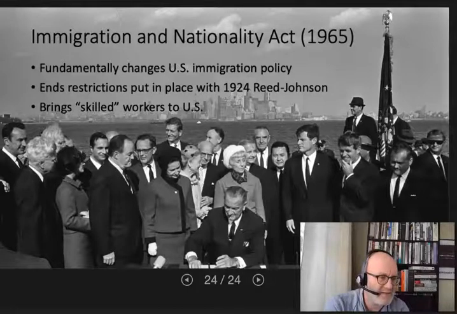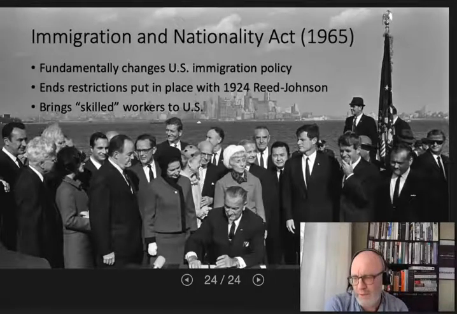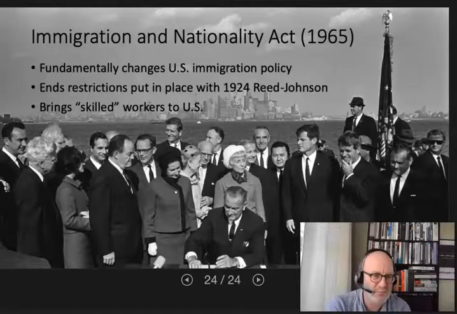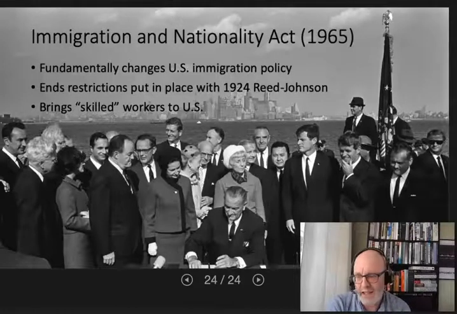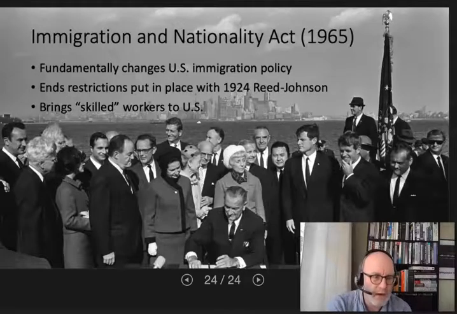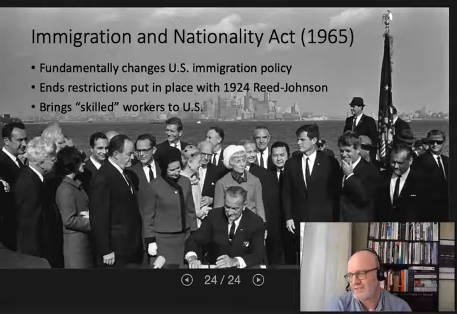And then by the 1960s, you see an exploding population of highly educated professionals in India, in China, in Japan, in the Philippines. And meanwhile, the United States doesn't have enough engineers, accountants, nurses, doctors. So this changes the law, effectively putting an end to the 1924 Reed-Johnson immigration restrictions and encourages skilled workers